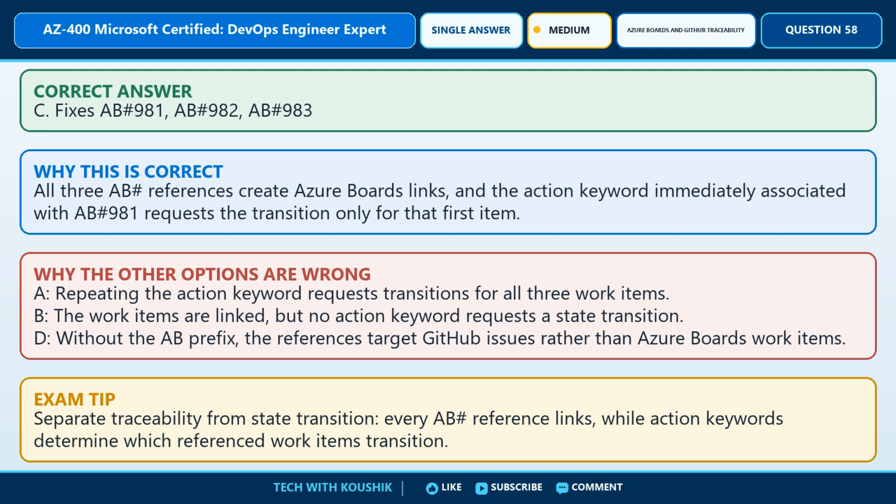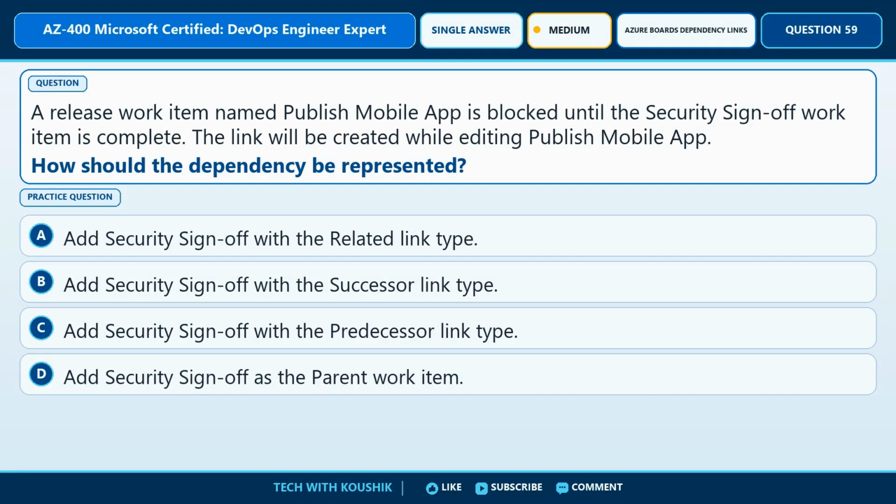Exam tip. Separate traceability from state transition. Every AB hashtag reference links, while action keywords determine which referenced work items transition. Question number 59. Scenario. A release work item named Publish Mobile App is blocked until the security sign-off work item